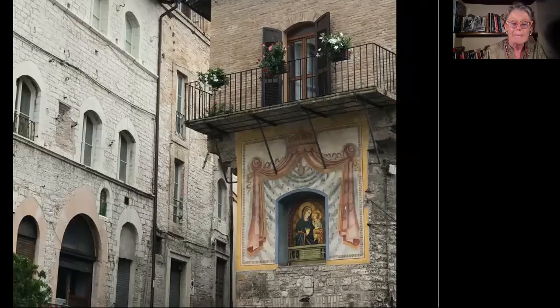The image was done by Americo Lunghi, whose father was from Assisi. There are still many Lunghis. I know some Lunghis in Assisi today. And his mother, however, was from Deruta. She was a Grazia. Grazia is one of the most famous of the ceramic factories of Umbria still today. And Americo Lunghi, when he